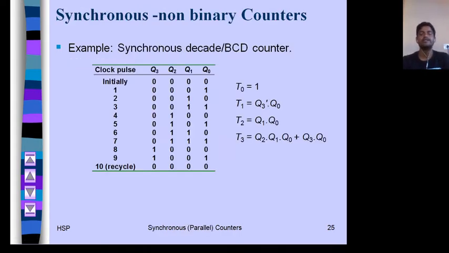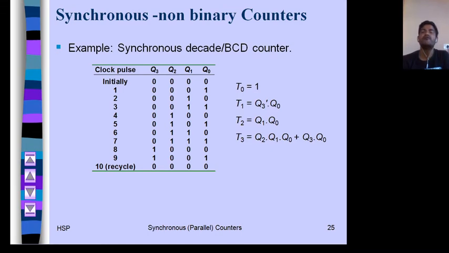Now we will see the synchronous non-binary counter, or BCD counter. I am taking the example of a BCD counter, or you can say mod 10 BCD counter, mod 10 synchronous counter, mod 10 parallel counter, or simply a BCD synchronous counter. Now you can design any circuit with any count sequence, either mod 12, mod 13, mod 9, mod 22, and any sequence like 1, 2, 5, 7. You just have to remember the basic things. What is the procedure?